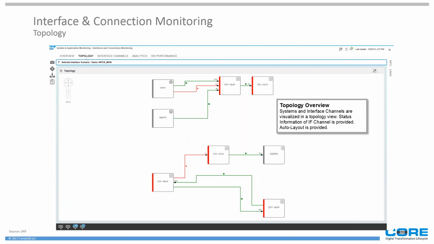So you can create scenarios, and then in each scenario you tie the systems together, and then you tie the technology. As you can see here, we have a gateway monitor, a web service monitor, an HTTP monitor, and then from this ABAP system to a Java, it's an RFC connection. So you can monitor those and build your own scenarios for each team or for business areas, and